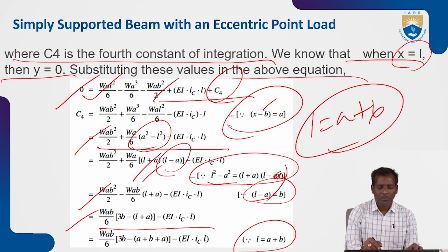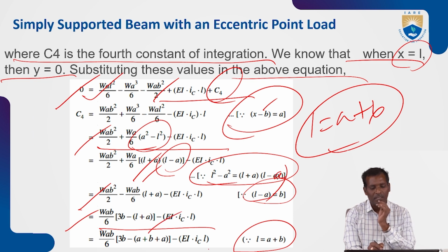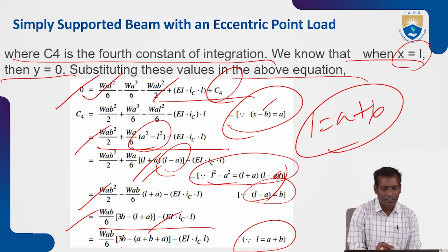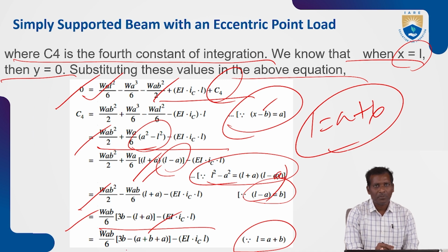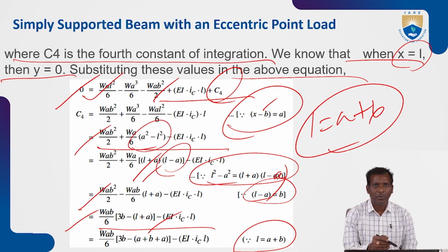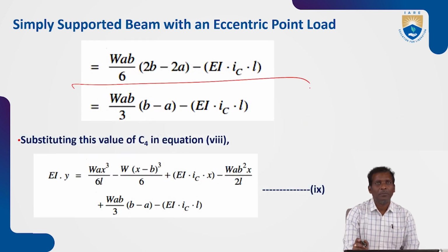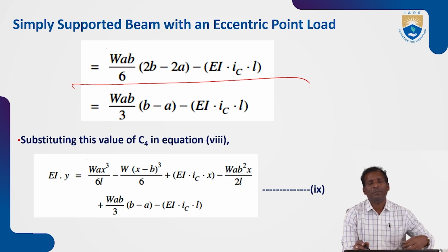Therefore L is equal to a, since a plus L is equal to a plus b. Again apply in this equation, substitute a plus b plus a minus EI into L. So again you can write this equation as Wab by 6 plus 3b minus 2a plus b, 2a minus b. So 2b minus 2a. So finally you can write Wab by 6 into 2b minus 2a